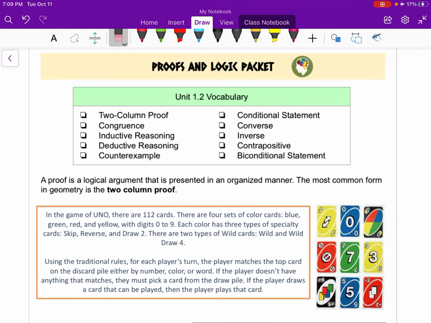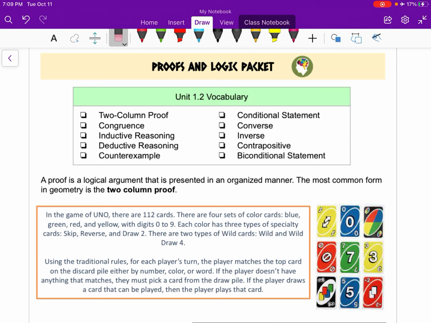Hello. Today we'll be talking about proofs and logic in a way that you'd understand. Let's get started. By the end of these lessons, you should have a firm understanding of the following vocabulary words: